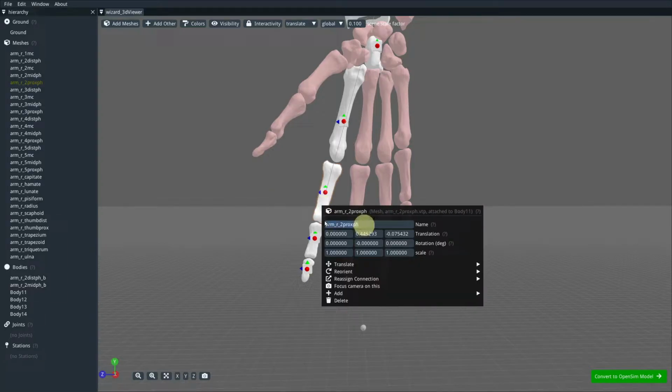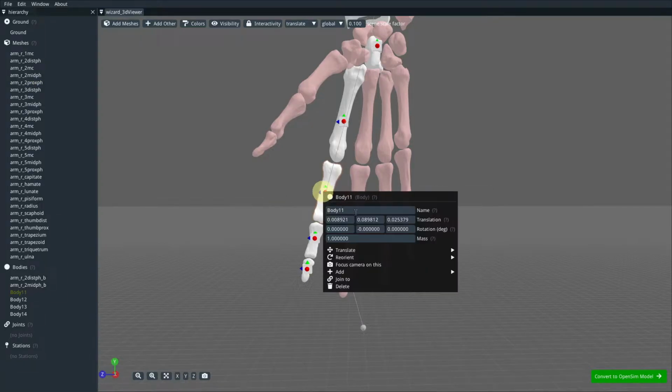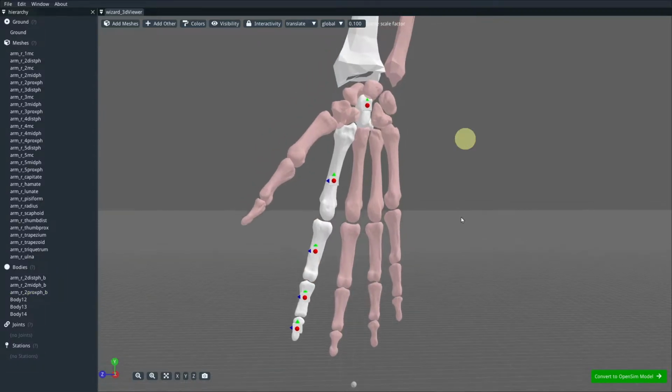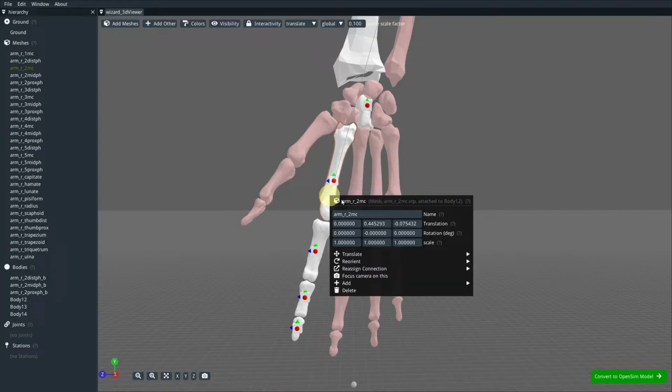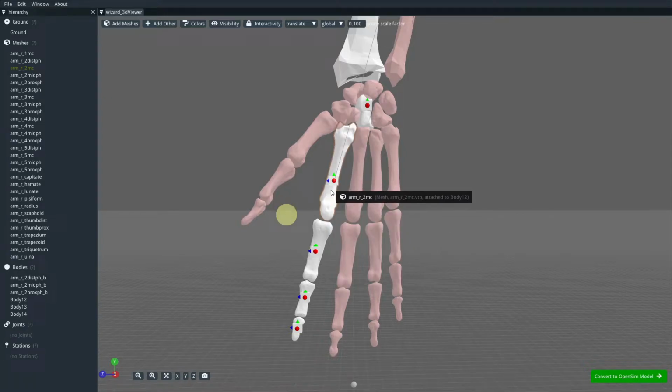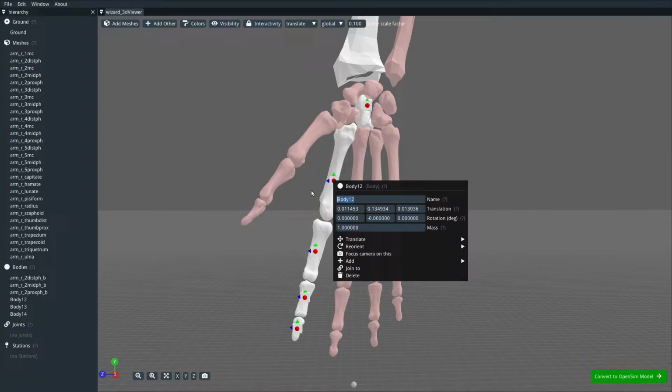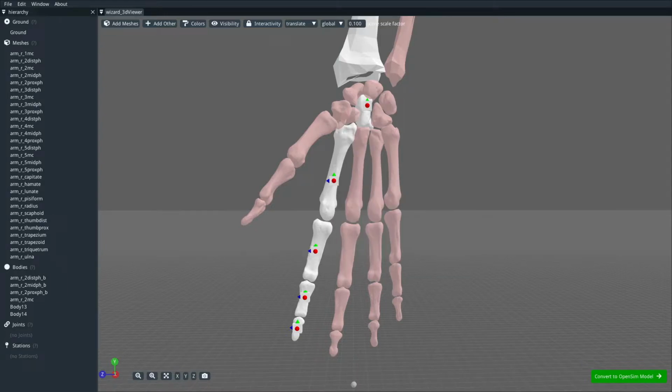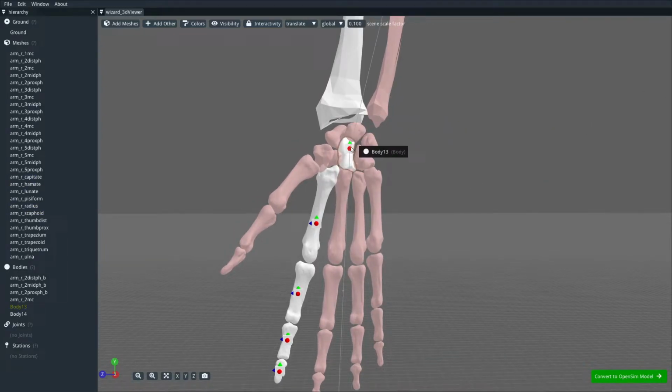It's just a little hacky shortcut for naming these bodies. I'm sure there's better naming conventions available, but this just gets the job done. So here, I'm going to rename this, and I'm just going to rename here. Okay, so for this body here, it's attached to this mesh, but I think I'm just going to call this